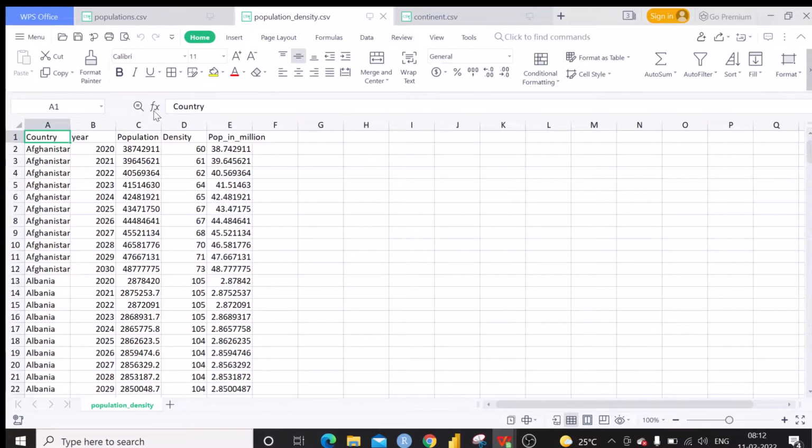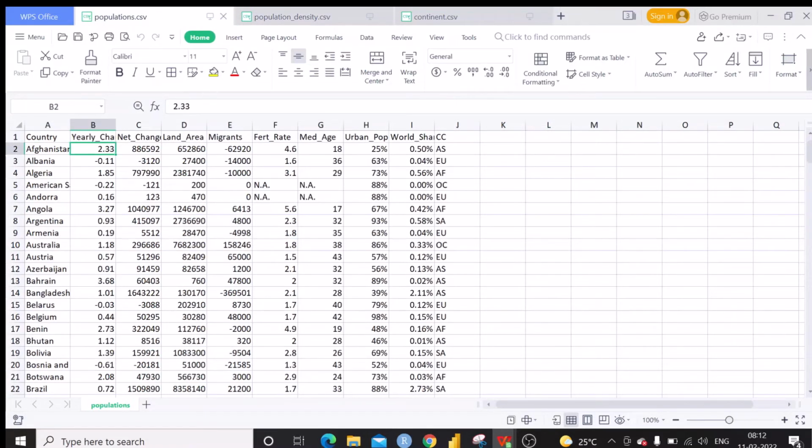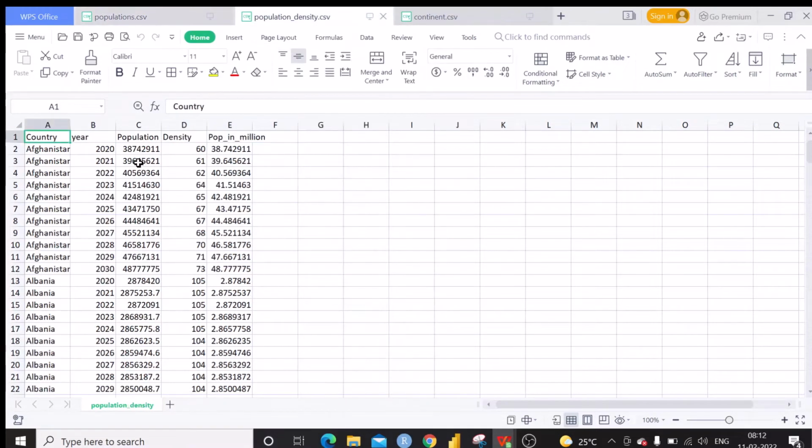I have also used the land area to calculate the density. When this population is divided by that land area, we can get the density for that particular year. That is the way it is calculated. And it is the population in million, since it is very convenient to say the population in millions.